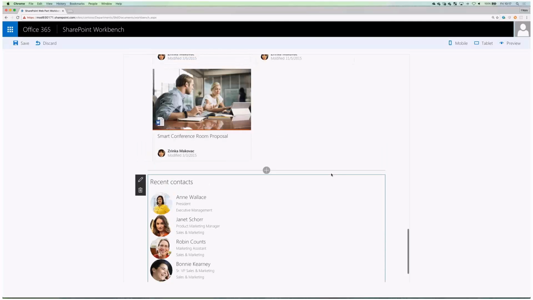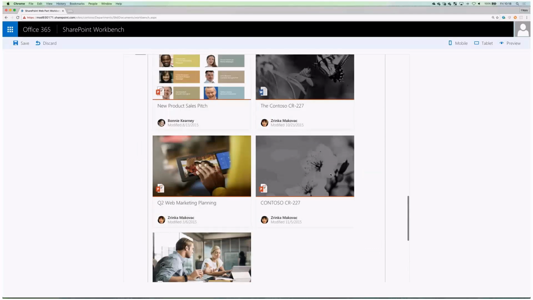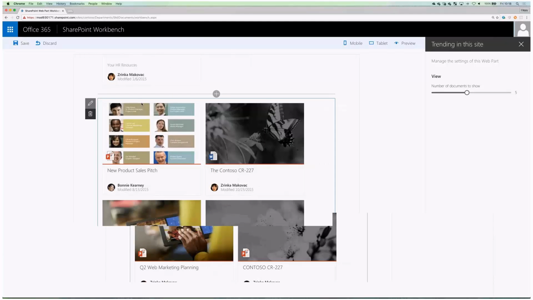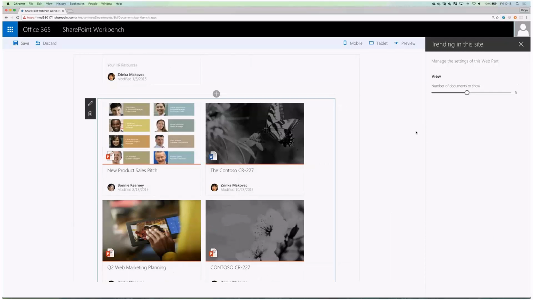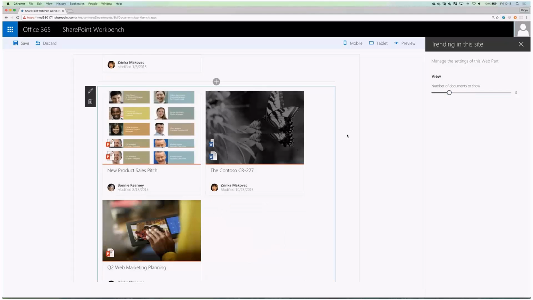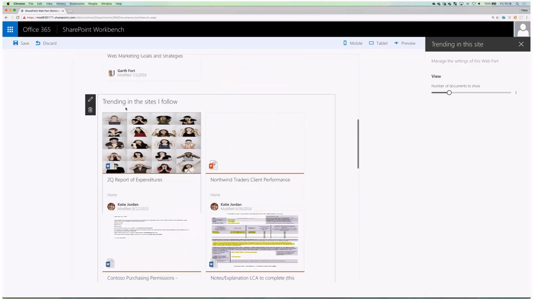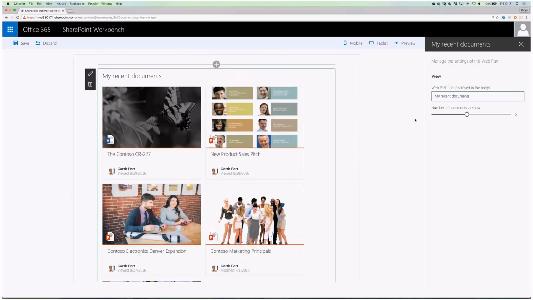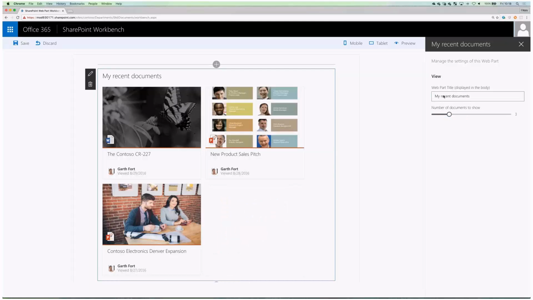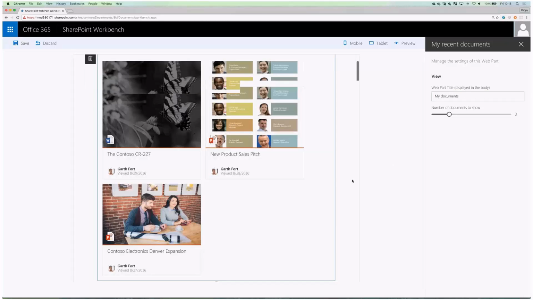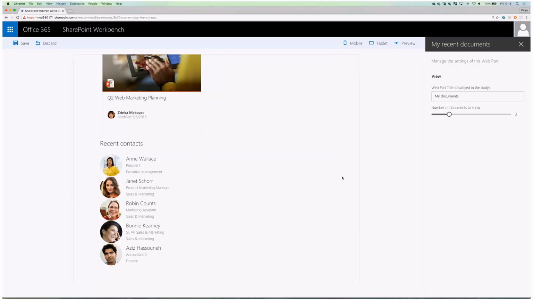and all of these parts you can adjust. So for example, here you can pick whether you want to see 5 documents or you want to see 4 or 3, and they will adjust the view as you go. You can also set titles. You can adjust some additional properties here, so you can show, for example, you want to see only 3 documents, and you want to change this to My Documents, all that. So that's just an easy way to tap into the Office Graph and to use it to make your life